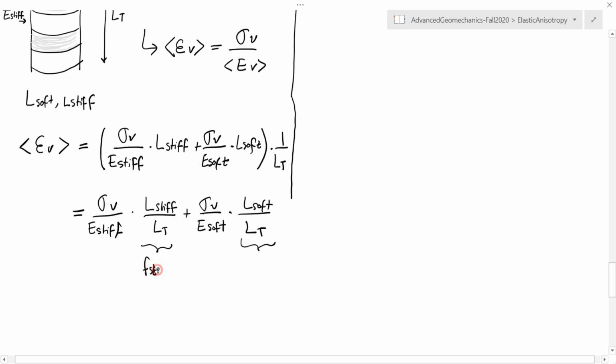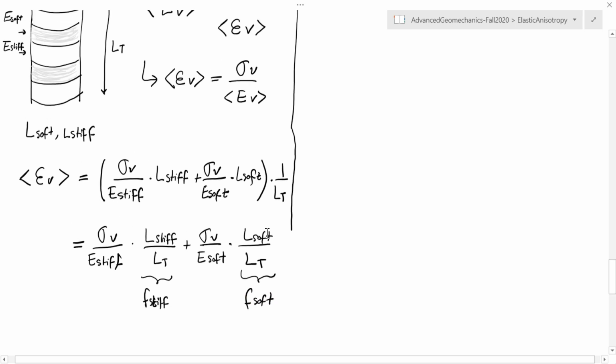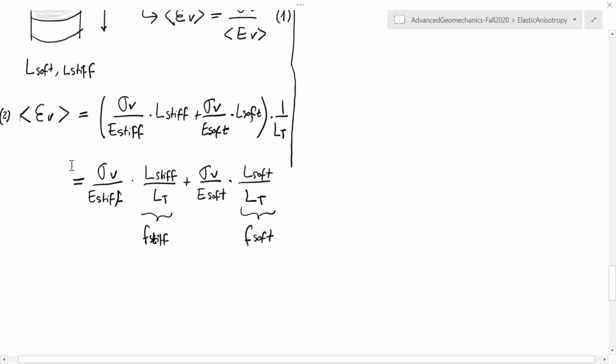And this one we're just going to call F stiff and F soft, and it's a volume fraction: how much of the stiff rock we have in comparison to the total, and how much of the soft we have in comparison with the total. Okay, so let me now use equation, let me call this one equation 1 and equation 2. And if I use 1 and 2,